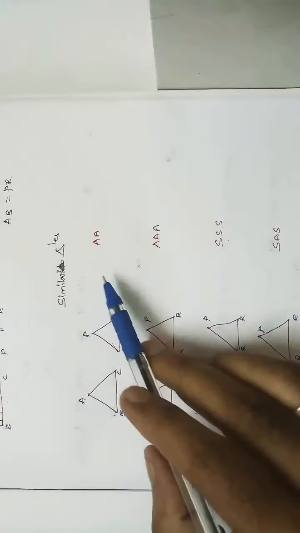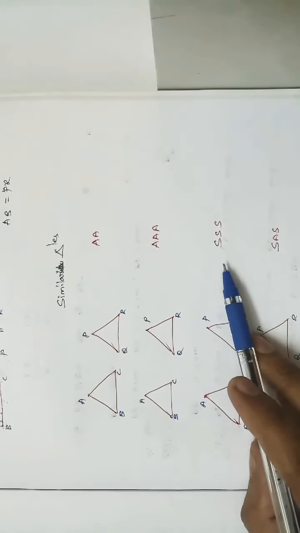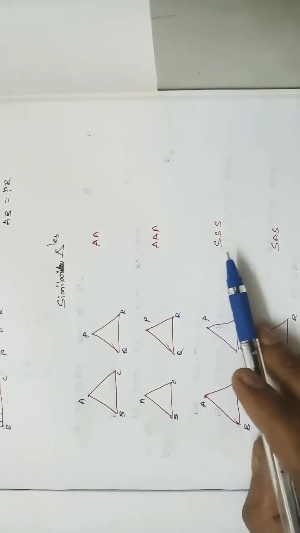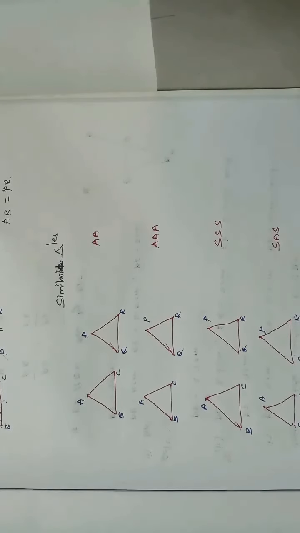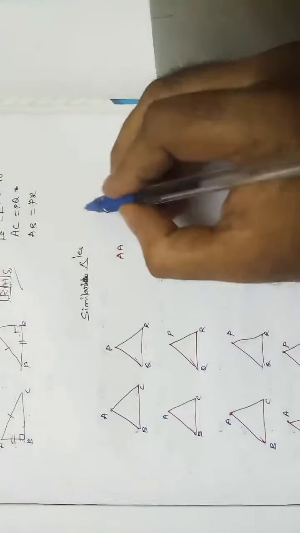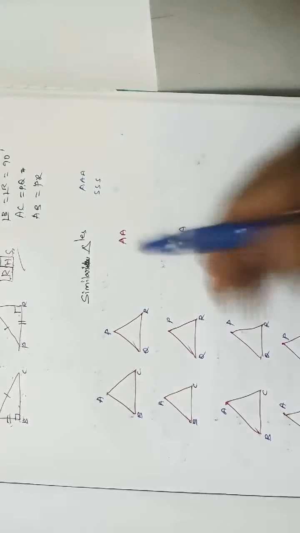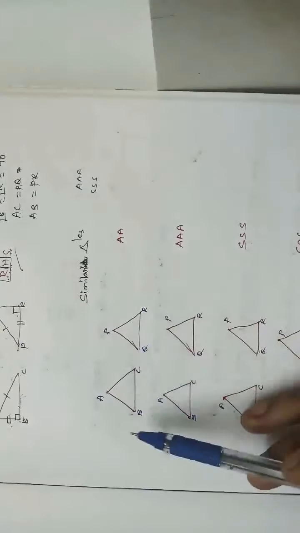Here also, angles should be equal, but sides should be proportional. What is meant by proportional? Equal ratios. In similar triangles, the sides need not be equal; the sides should be in the same ratio. In a triangle we have 3 angles and 3 sides, but with the help of only 2 or 3 measurements, we are saying that these 2 triangles are similar.